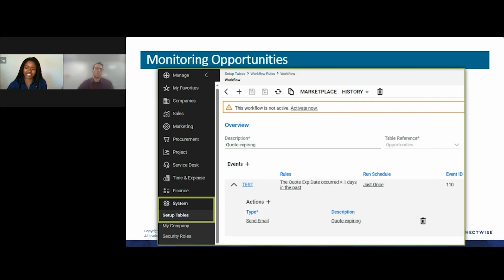We have workflow rules. One of my very secret favorite things. I was hesitant. I almost put workflow rules as my favorite feature here as part of the process because you want to talk about making it automated and seamless. This is really something that does a lot of the work for you in the background and can even start sending you emails. So the more you commit to ConnectWise CPQ and PSA for your quoting and sales process, right,